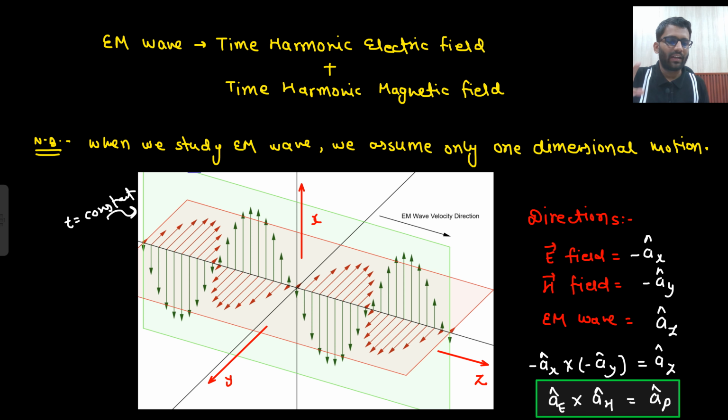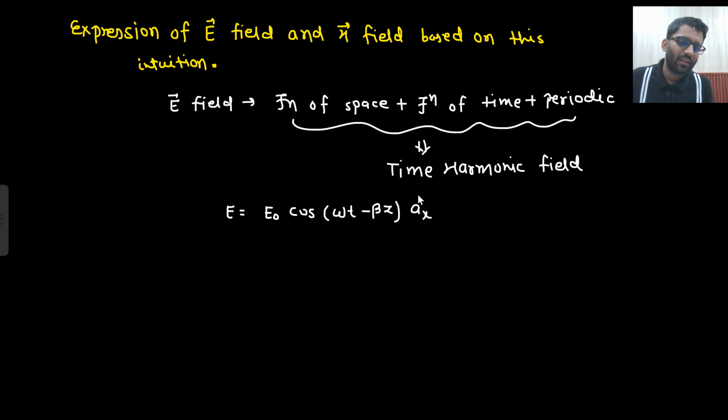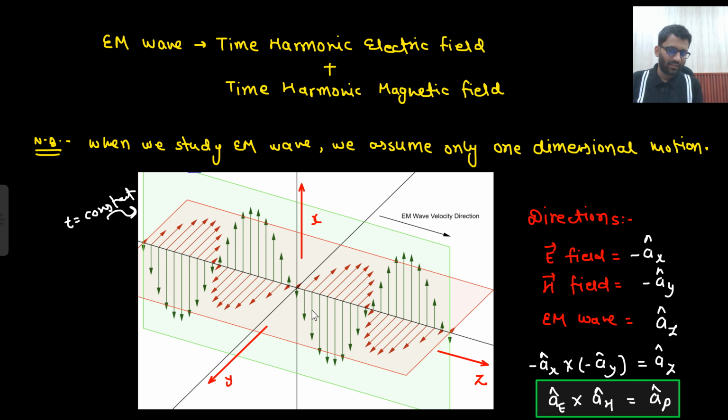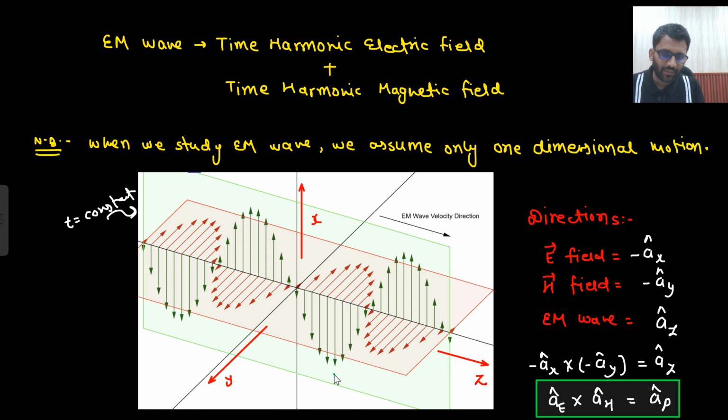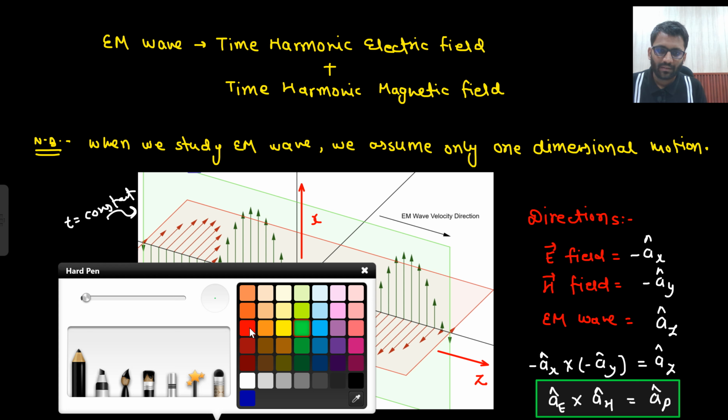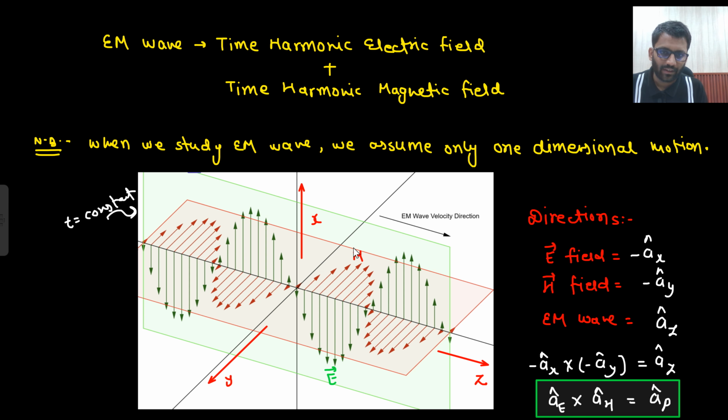But what we can take, here I am writing Ex cap, okay. Actually it is going in negative x. As per the diagram, it is going in negative x. This is the direction of electric field. I should have shown this is my electric field and this is my magnetic field. This is your x, y, z. But